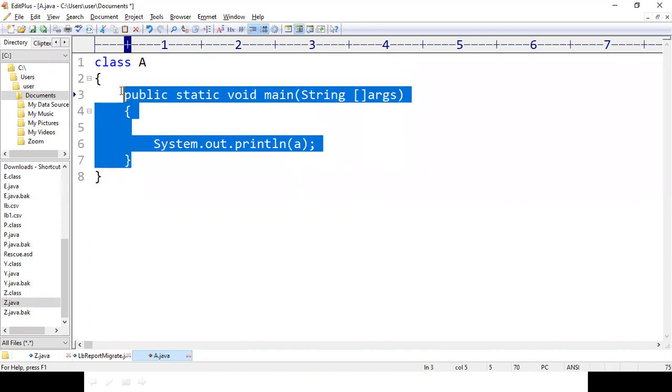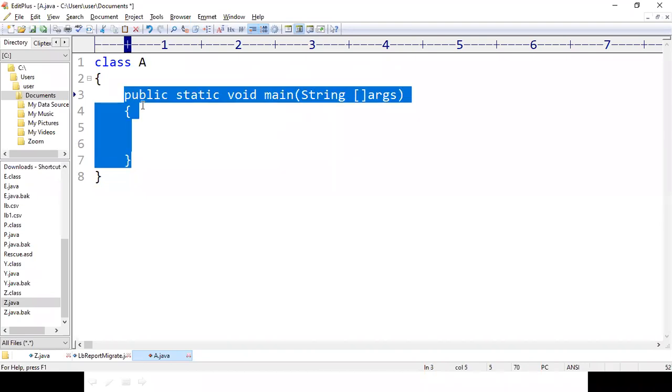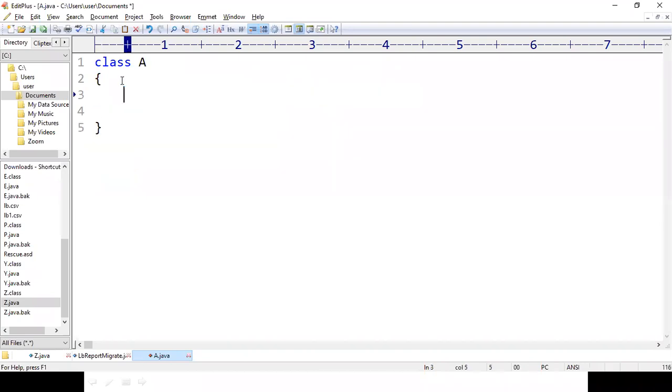See here, I am declaring a method called void m. This void m is going to print System.out.println engineering.